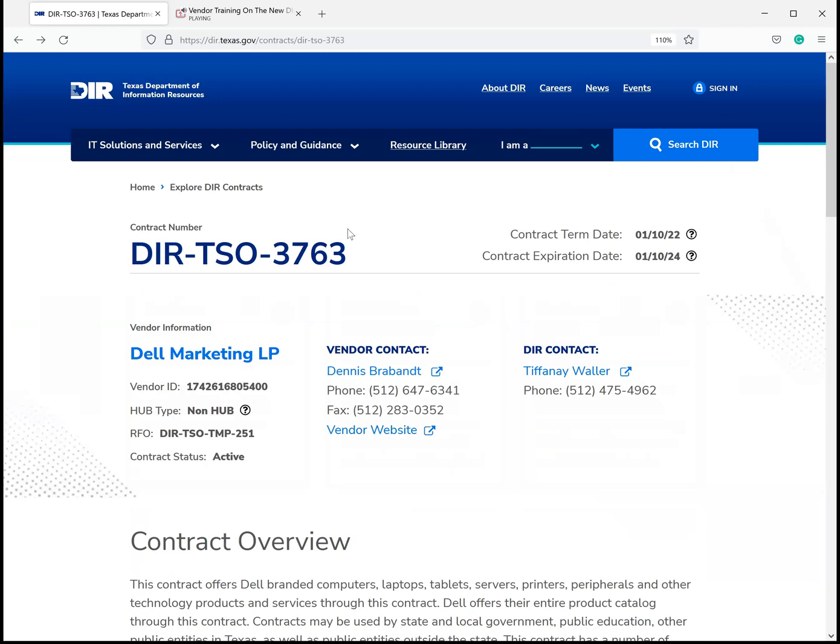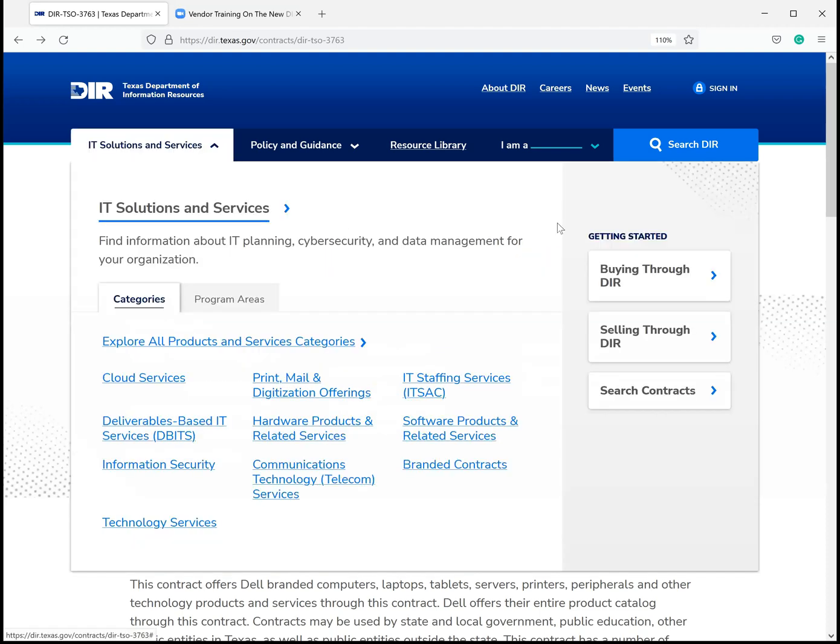I'm not sure I follow. And I think what Sonal is asking is they're asking for a list of DIR customers, which we provide to vendors when new contracts are awarded. But I believe the customer list is available out on the Open Data Portal, the Texas Open Data Portal. Yes, it is, but